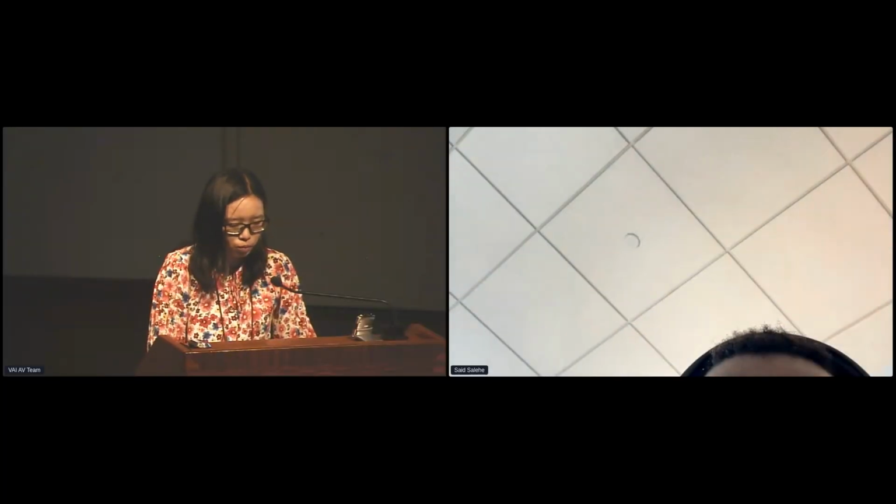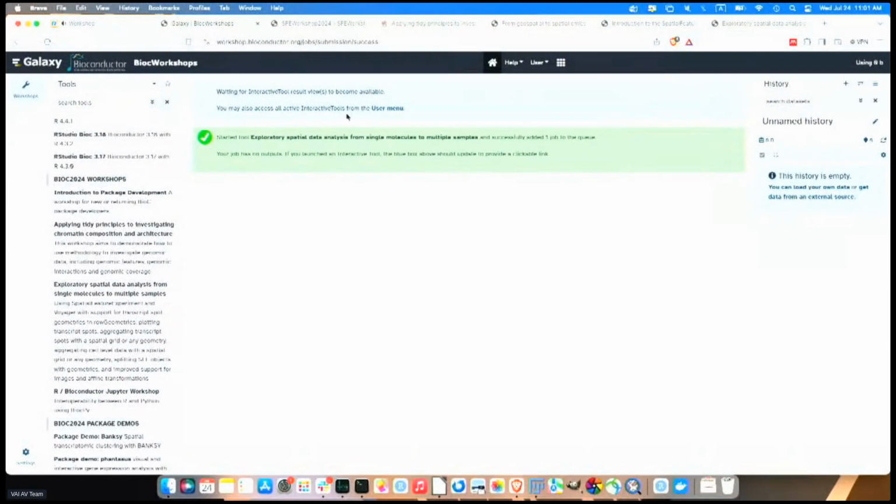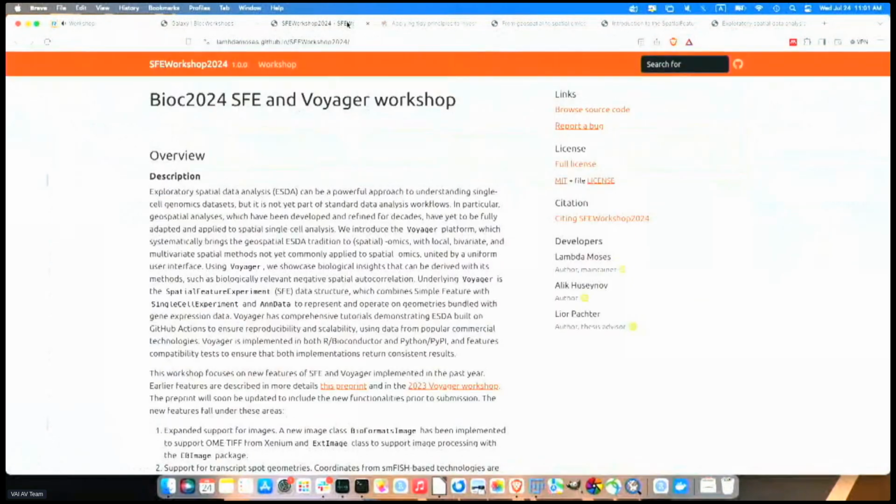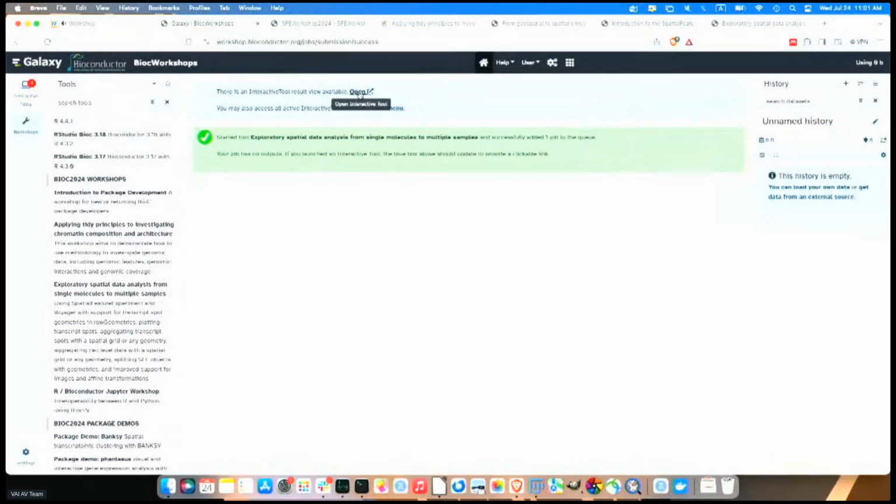All right, so you probably already have workshop.bioconductor.org open from the previous workshop. Once you get to workshop.bioconductor.org, you can navigate here, on the left, it's this one. Click Run Tool. It might take a while to pull the Docker image, so in the meantime, a rendered version of this workshop can be accessed here, but it's linked on here. Yeah, it's open.